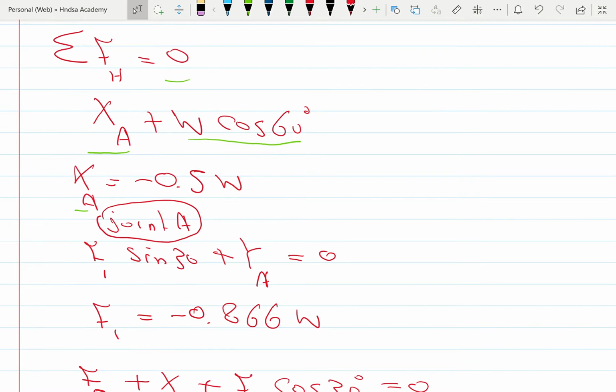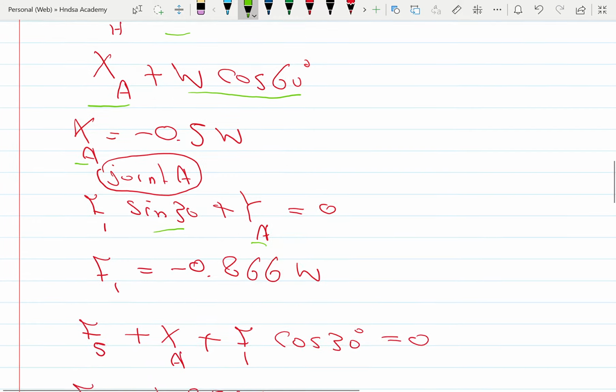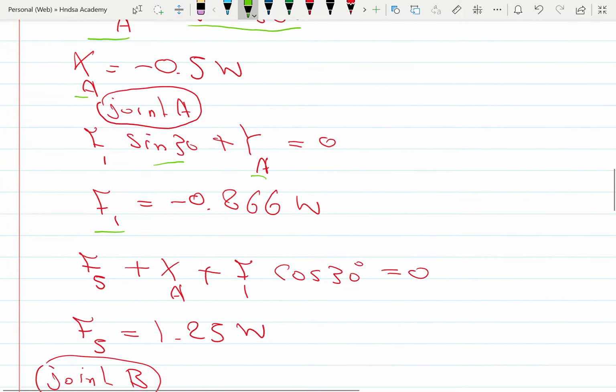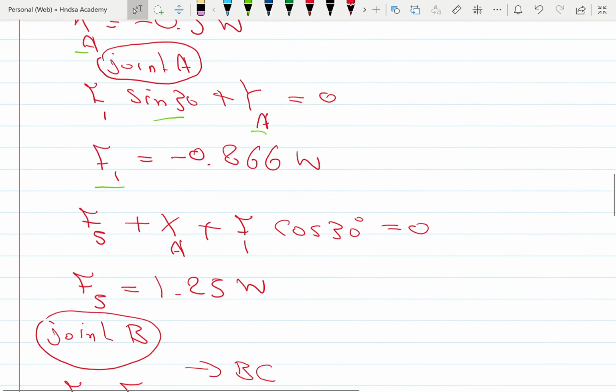So force 1 in member 1 sine 30 is equal to YA. So the vertical component of member number 1 plus the vertical component of reaction A equals 0. That will give us the force of member 1 equal to minus 0.866 W. So again, that means it is in compression, not in tension, as we